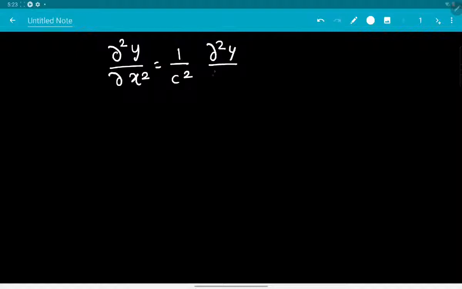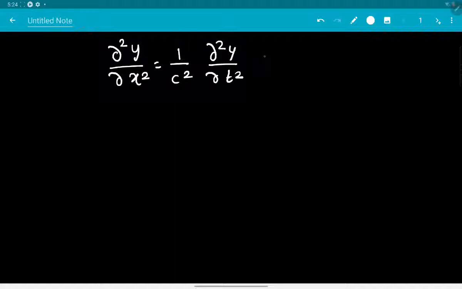Students, in the previous class we derived the equation of motion for transverse vibration of a taut string, and we said that tension remains constant because y, which is the transverse deflection, is fairly small when compared to the length dimension of that string. For that we derived a differential equation, which is del square y by del x square equal to 1 over c square into del square y by del t square. This is the differential equation of the system.